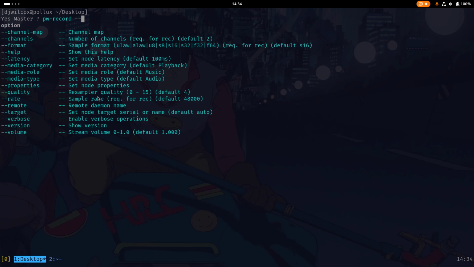So by that, what I mean is, suppose the audio is playing at 100 kilohertz and you're recording at 4800 kilohertz. The quality is basically only applied when you're actually resampling the audio, and the default is 4, and it goes from 0 to 15. 0 is the lowest quality, 15 is the highest, but actually uses more